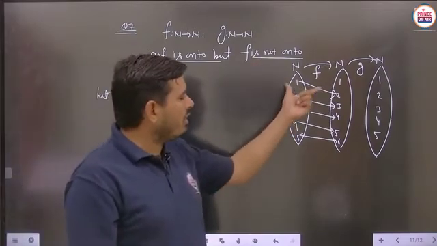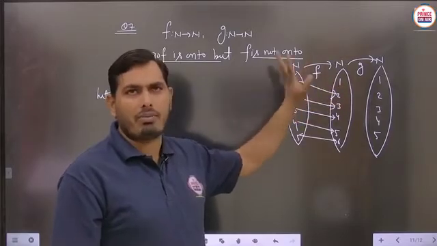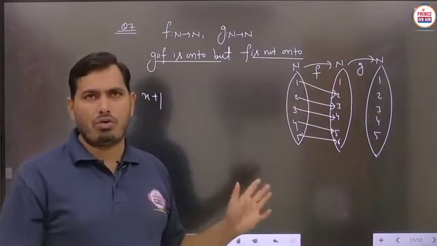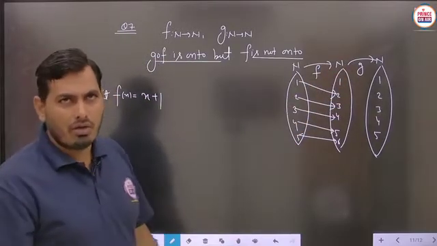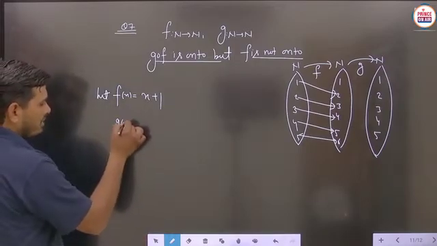So here you can just map this part. Then definitely, student, you cannot get any pre-image of this element 1. If any element does not have a pre-image in the domain, then it is not said to be an onto function. Now student, we have to take another function g of x.